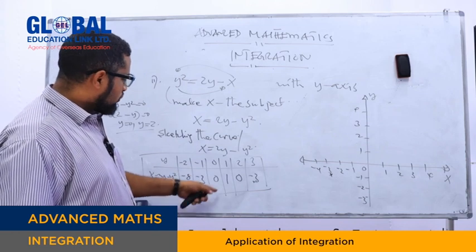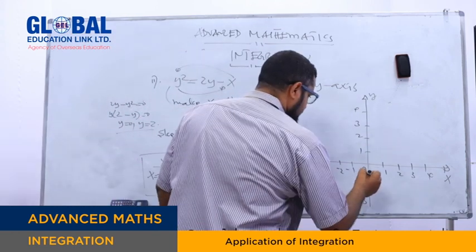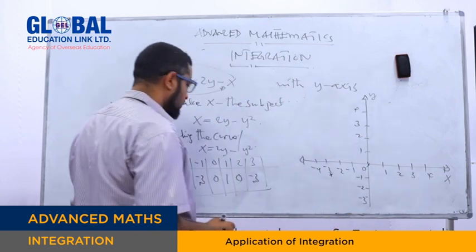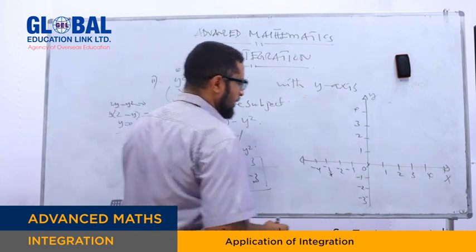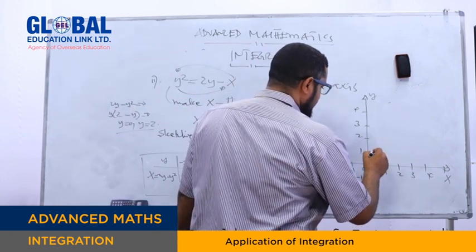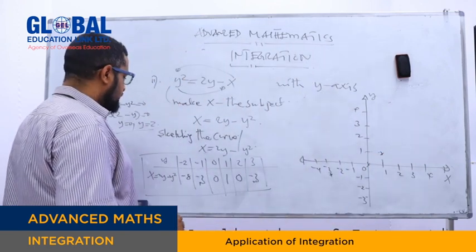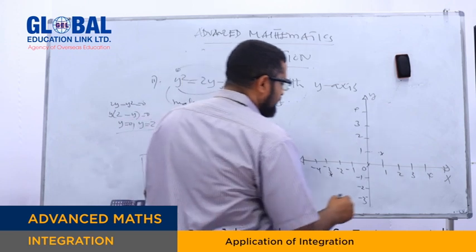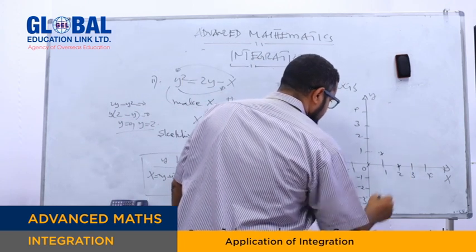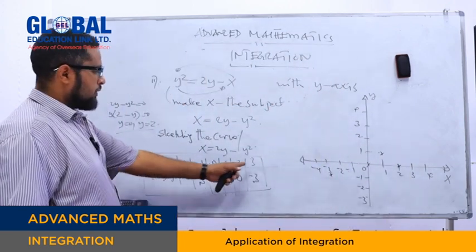When y is equal to 0, we have 0. When we have 1, what do we have? 1 is just 1. When we have 2, we have 0. And when we have 3,